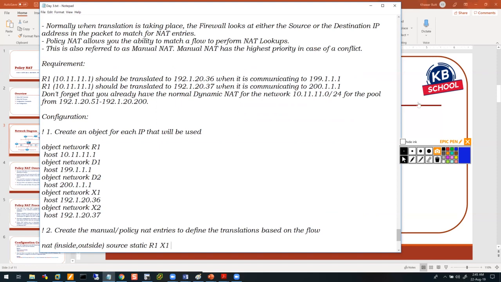If the source is R1, which is this guy, change the source to what? X1. But only if the condition is met. What's the condition? I haven't written the condition yet. If the destination static is D1. If the destination is D1, which is what? This guy. So if R1 is going towards what? D1, let's do it in blue. If R1 is going to